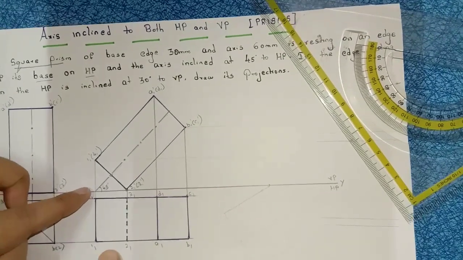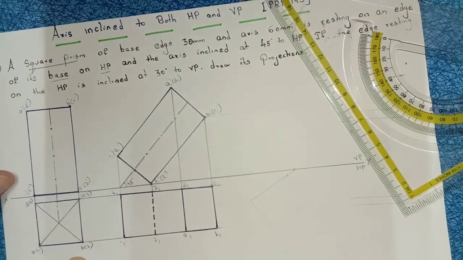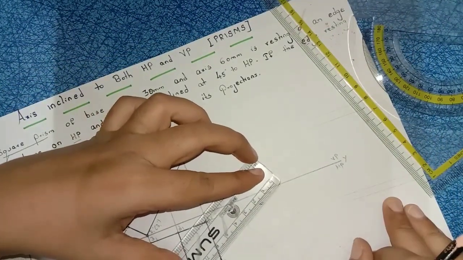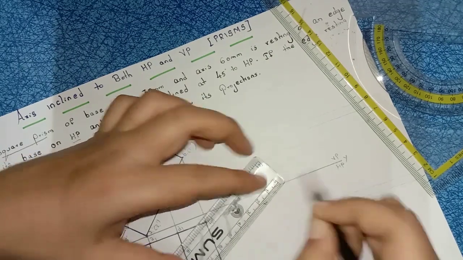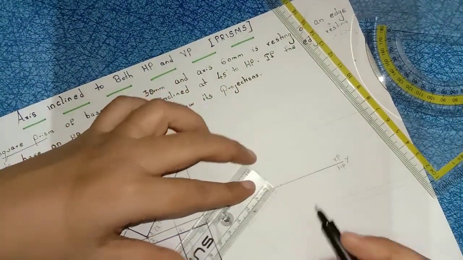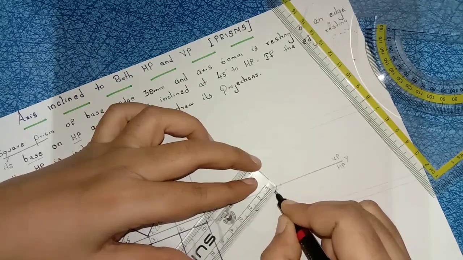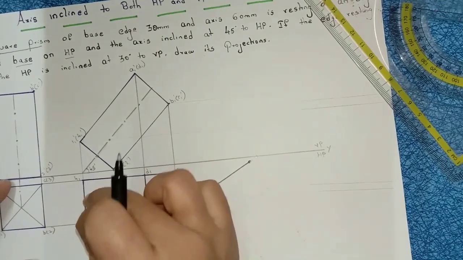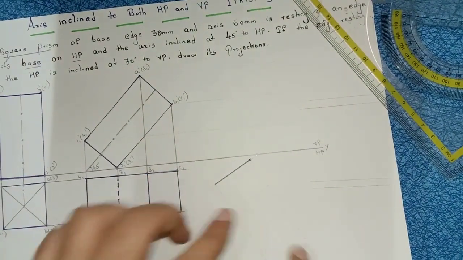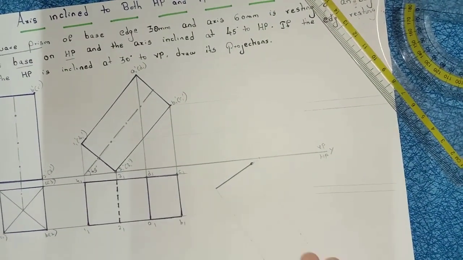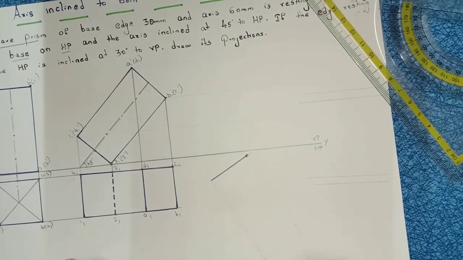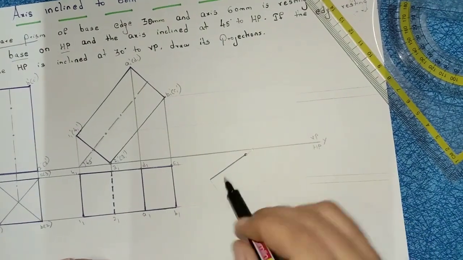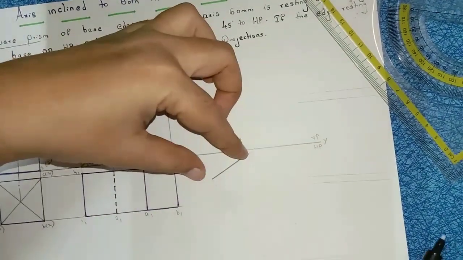Measure this 1 to 4. Anyway 1 to 4 is 30 mm, right? But before drawing the 30 mm, from this point leave a 5 mm gap, now from this point draw a line of 30 mm. Just we are constructing this square here. Anyway this is a box, same box we are constructing here with an angle of 30 degrees. Place your protractor here, mark 90 degrees. Place your protractor here, mark 90 degrees. Now I have constructed this 1 and 4 here.